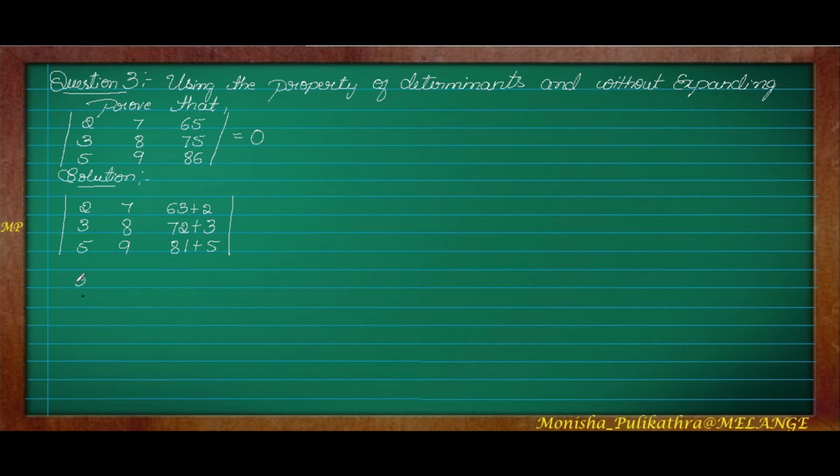two different determinants. First and second column you have to write as it is. In the third column, I will be writing the first part here, that is 63, 72, 81. So this will be the first section, plus. If this type of question arises, then we can split it into two parts. In the first determinant, we can write half of it, and in the other determinant, we can write the other half. So that is 2, 3, 5, 7, 8, 9. In the first section, we have written 63, 72, 81. In the next section, we have to write the 2, 3 and 5 here.